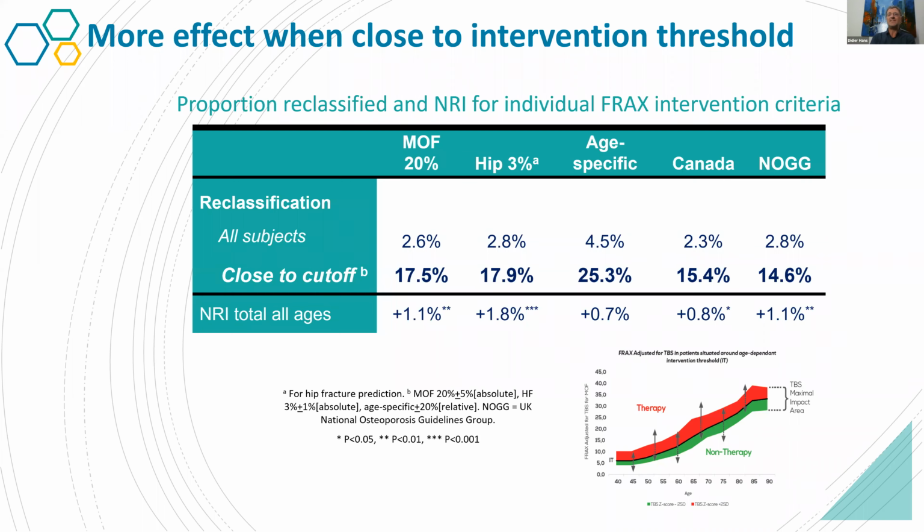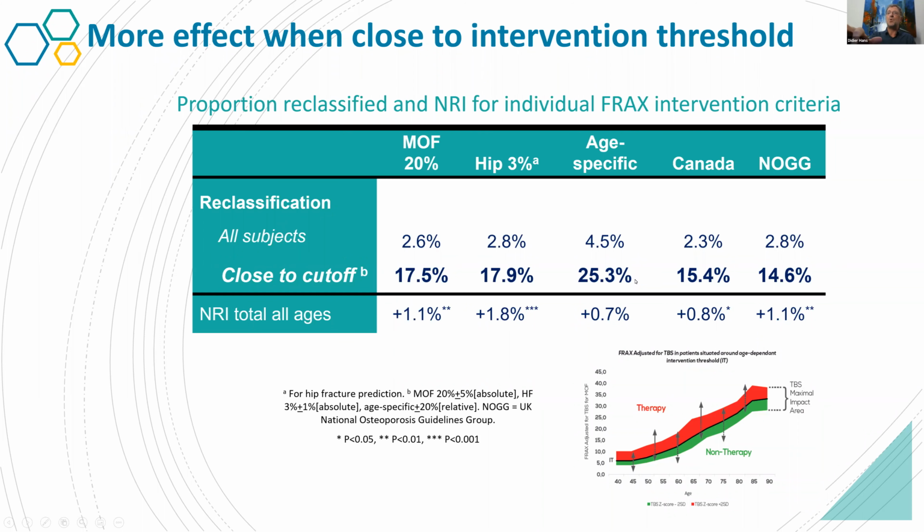Well, obviously, yes, because if you have an age-dependent threshold and a patient who is at very low risk, the TBS will not change and completely revolutionize the diagnosis. So on average, if you consider all subjects, between 2 to 5% of the patients will really be impacted. However, if you get close to the intervention threshold, around 20%, or along the age-dependent threshold, then